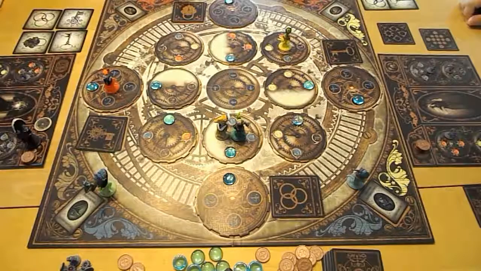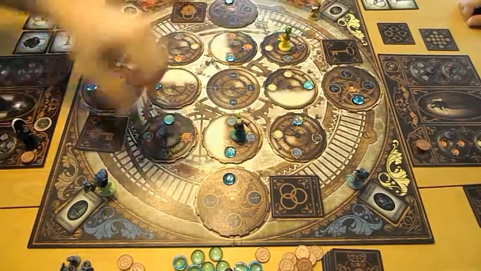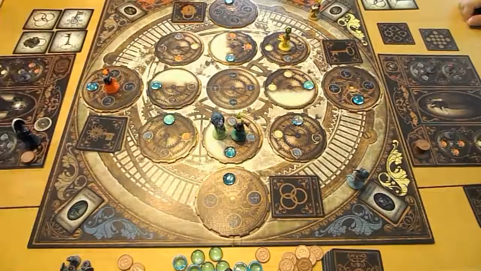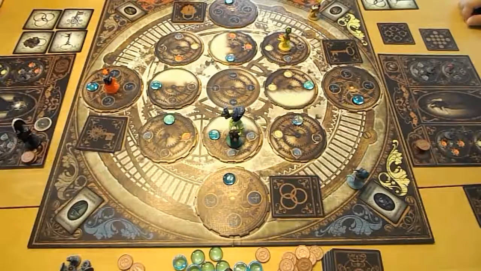Alright, so I have 4 actions. Before I do any of them, I'm using this card, Ritual Invocation. Substitute 1 agent of your choice. So that lets me take this guy out and bring in the teleporter. So I got that for free. And I have the red to use. Next, I'm going to use my other free card, Gear Shift. Rotate 2 tiles 90 degrees in any direction. So I'll rotate that one. And then...